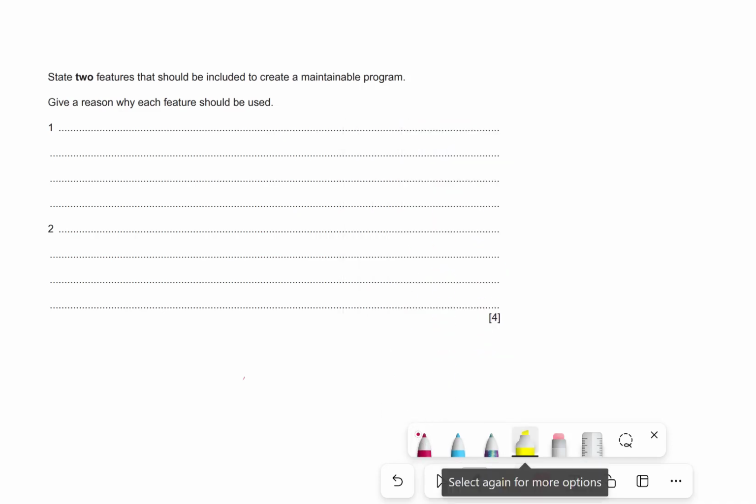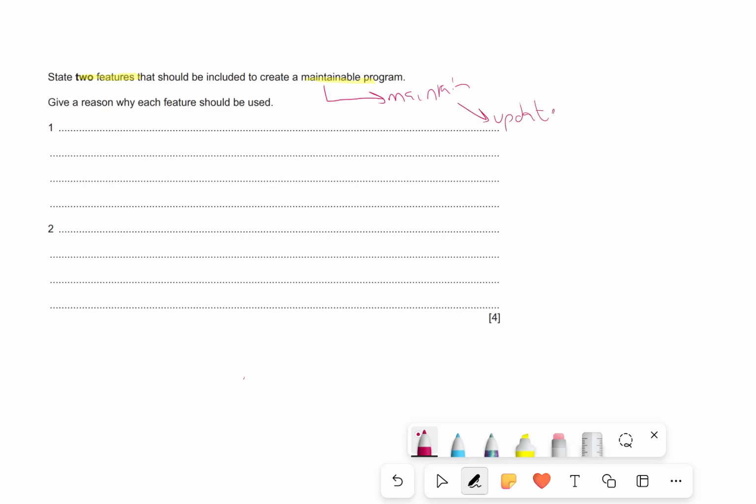Okay, if I was doing this question, it wants two features of a maintainable program. Maintainable means something which is easy to maintain, easy for me to keep going back to and update and use. So if I'm programming something, what makes it easy for me, for other people, including myself, to update and use? Well, obviously using procedures and functions, so using modules. So to make the code modular,